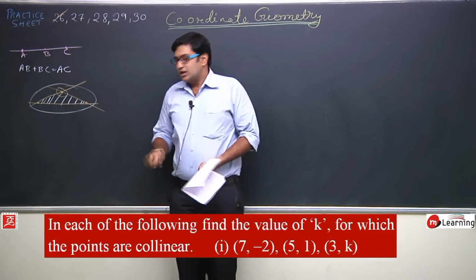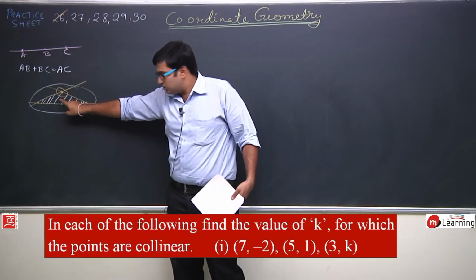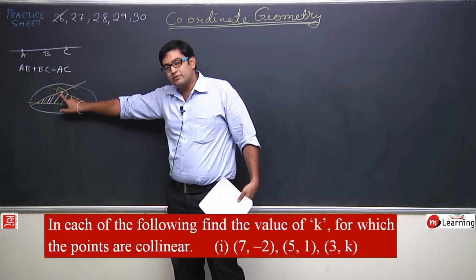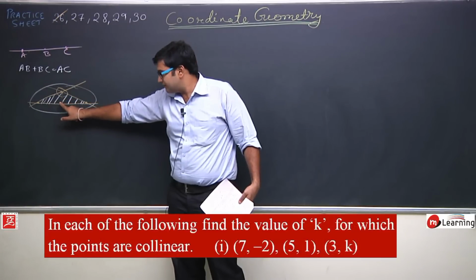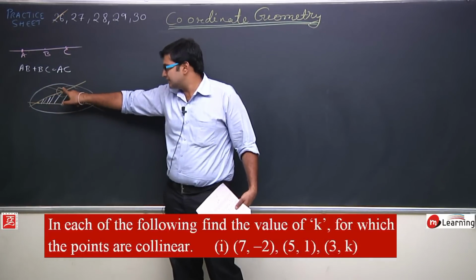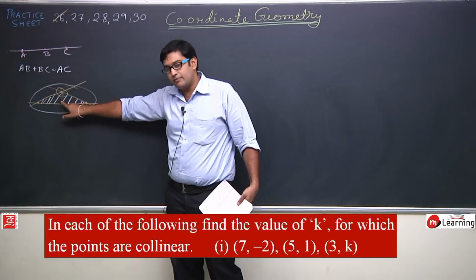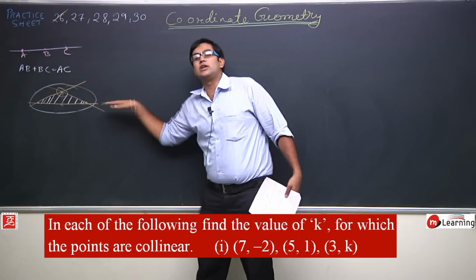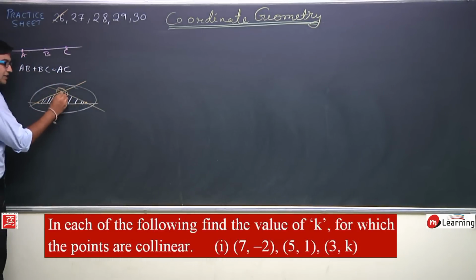Now just imagine, if I shift this point from this position downwards towards this line, if I shift it on this line, अगर मैं इसे यहाँ से नीचे की तरफ डाउनवर्ड शिफ्ट करना शुरू करूँ, तो डाउनवर्ड शिफ्ट में a position will come when this point starts lying on this line only, okay. Try to understand what I am going to say. I am saying that अगर इस पॉइंट को मैं नीचे खसकाते जाऊं, तो एक ऐसी लिमिट आएगी जब ये पॉइंट